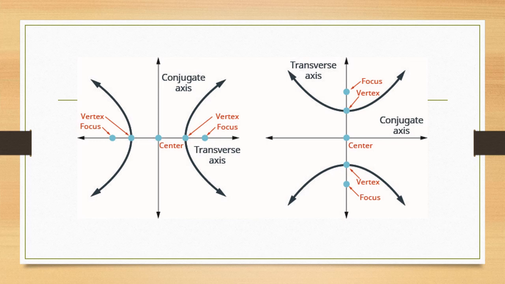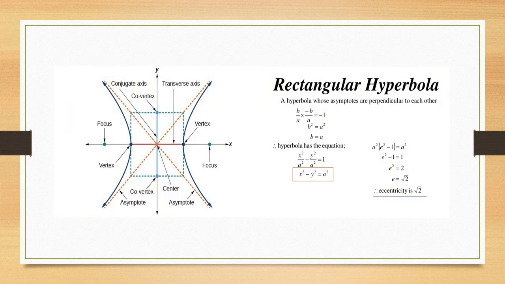Okay. In the next case, we have a concept I just mentioned, the rectangular hyperbola. A rectangular hyperbola means a hyperbola whose asymptotes are perpendicular to each other. Now what is an asymptote? An asymptote is a line that touches the curve at infinity, meaning though the curve extends, though the line extends, they will never meet. It looks like they will meet, so such a thing is called an asymptote.